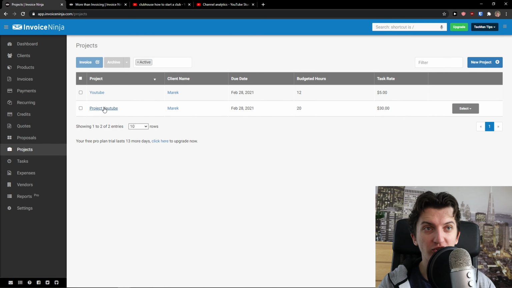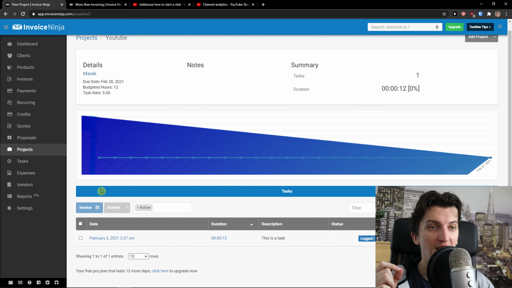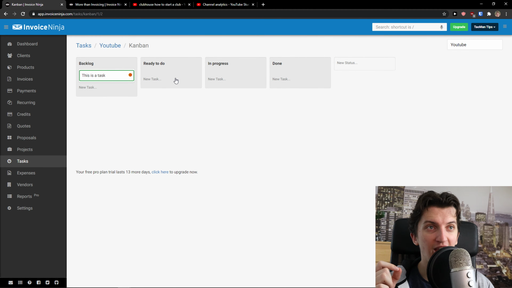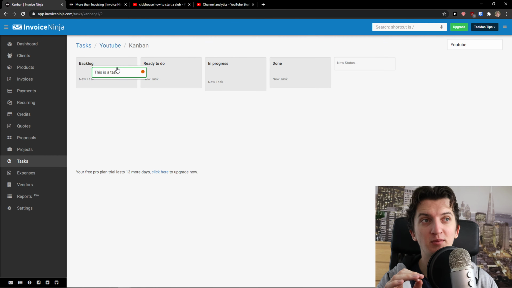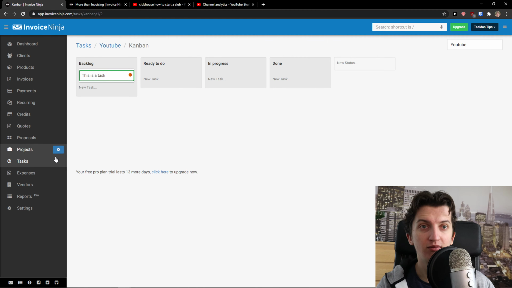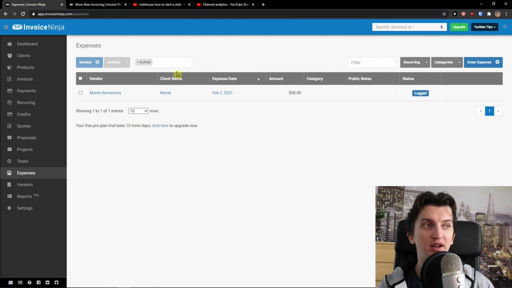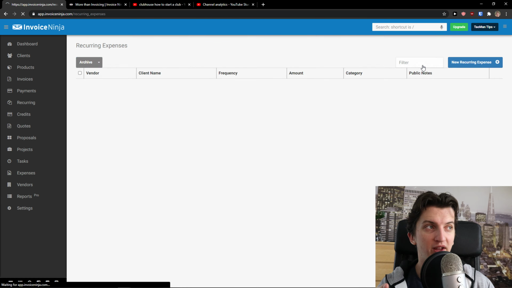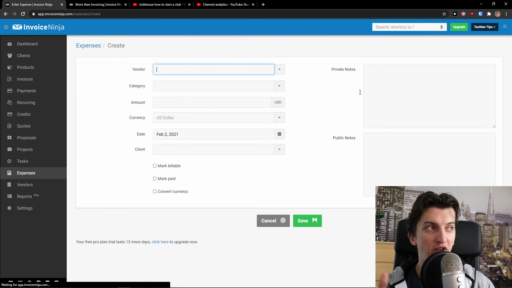When I click on a project, I can simply click here to switch to Kanban style and move the task: in progress, done. And this is the huge advantage InvoiceNinja has compared to the others. So I love this. Then you're going to see expenses here, where you can add a recurring expense or a new expense,